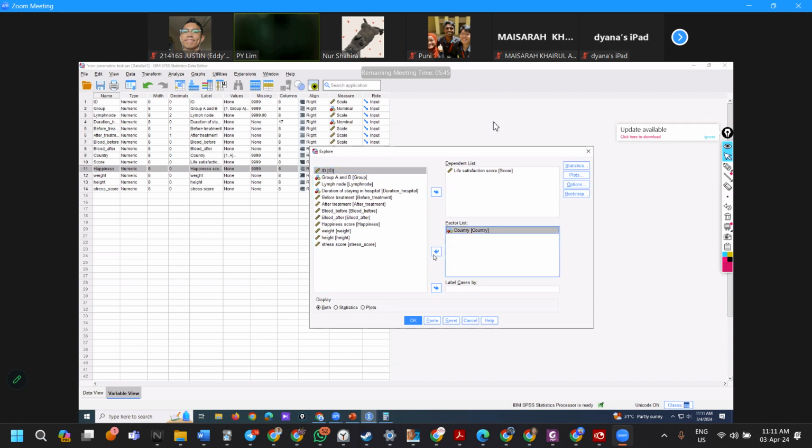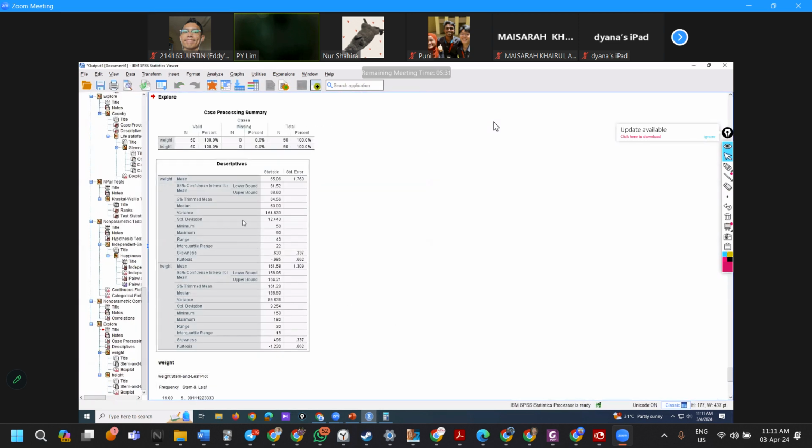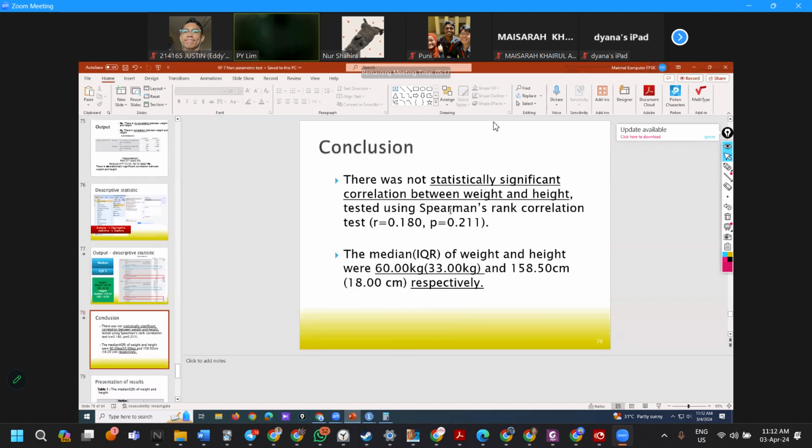So take out everything. I need weight and height. Okay, I just click OK. The median and IQR for the weight is 60 and 22. Median and IQR for the height is 158.5 and 18. Okay, got it, we have everything. So we start to say there was no statistically significant correlation between weight and height tested using Pearson rank correlation